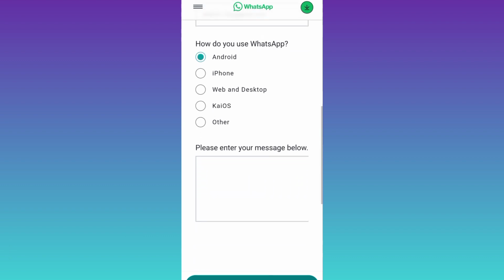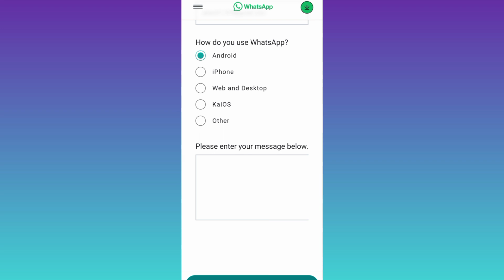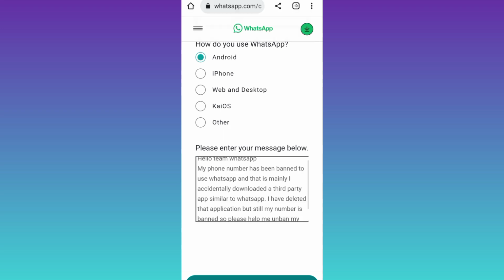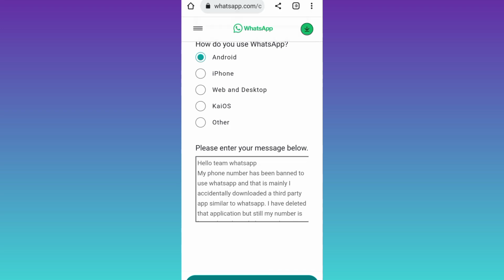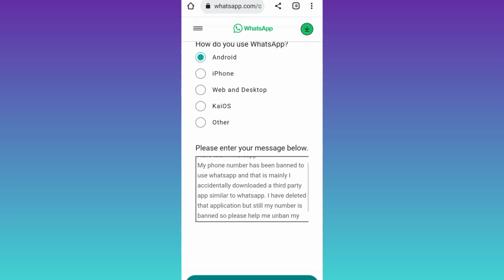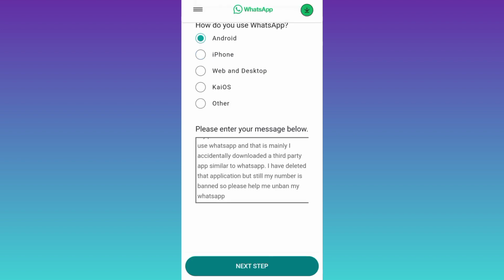Now in this box you need to briefly state the issue that you are facing. I would suggest that you just copy paste whatever I'm writing here. I'll also put this paragraph in the description below so you guys can just copy paste it from there. Once you have written down your issue, all you have to do is to click on this next step option. And once you click on next step, within the next 48 hours, your number will be